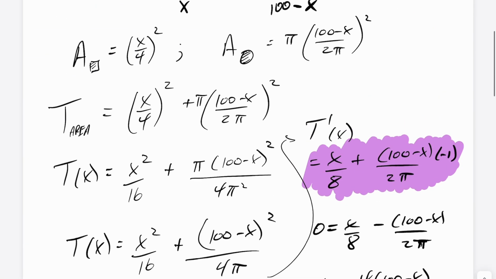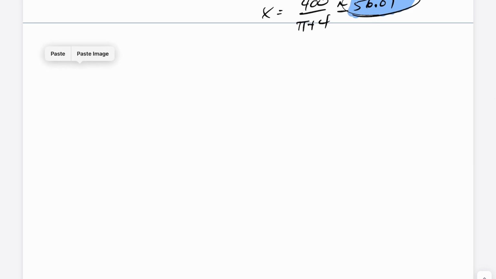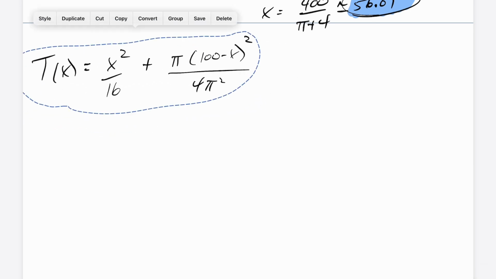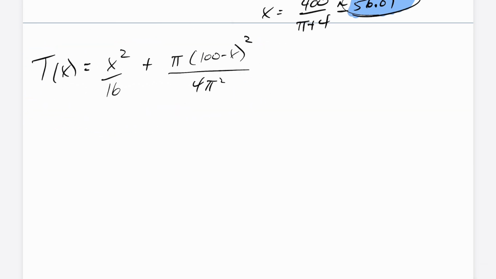So let's take a look here. I'm going to go ahead and take my function T at x, the original total surface area function. I'm going to evaluate this at our critical point and both of our endpoints. The largest would be our answer. So in this case, we're going to evaluate T at 0 for one of our endpoints. T at 0 is going to give me pi